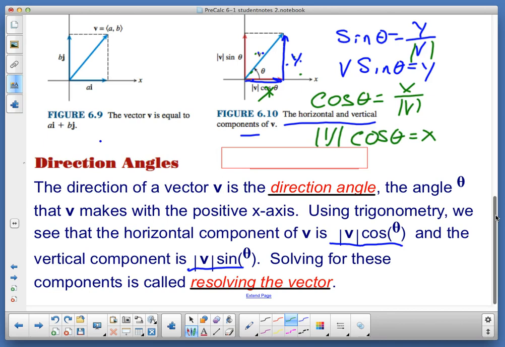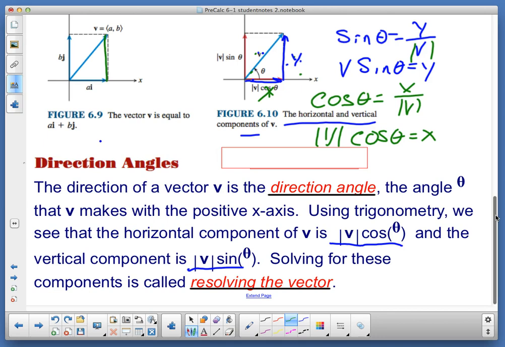Well, now we can actually look at that and talk about the direction angle and use the direction angle to help us find the coordinates of our vector. And it harkens back, I hope, to our geometry days, maybe. Or at least a good spot for sine, cosine, and tangent. By the way, part of this, if I'm looking for a direction angle, you guys learned in geometry,